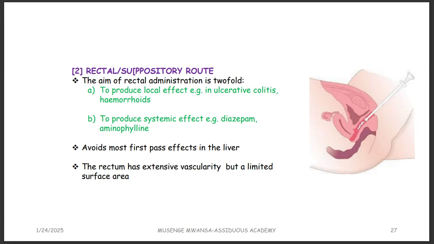For example, if someone has got a problem with the GIT, especially the lower end of the GIT, like someone who has got ulcerative colitis or hemorrhoids, you can give it there. Or to produce a systemic effect. For example, if you give